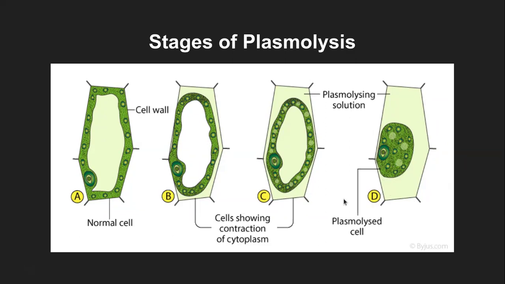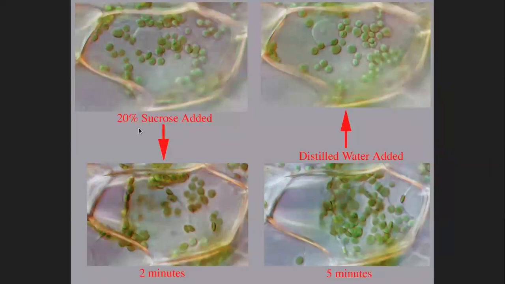So that is just the physical representation of how the cell undergoes plasmolysis, and what the stages involved are. Nothing but the detachment of the plasma membrane from the cell wall, and then further shrinkage to its lowest possible size. So those are the stages of plasmolysis. This is the actual scenario that is being shown here.